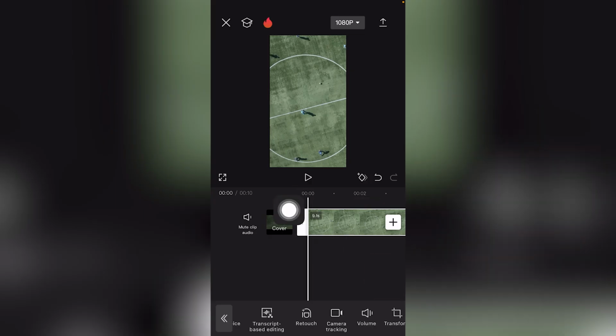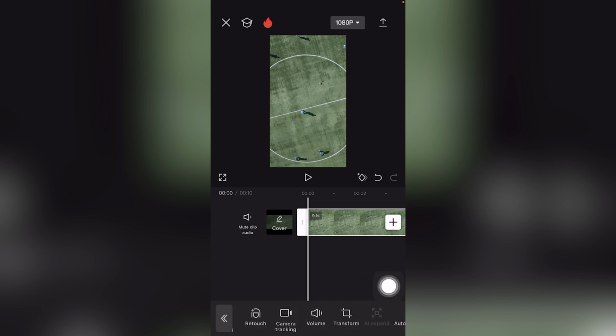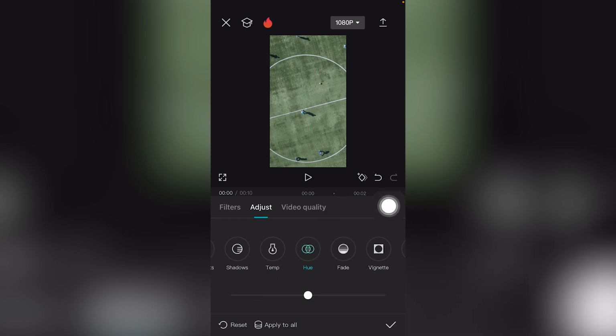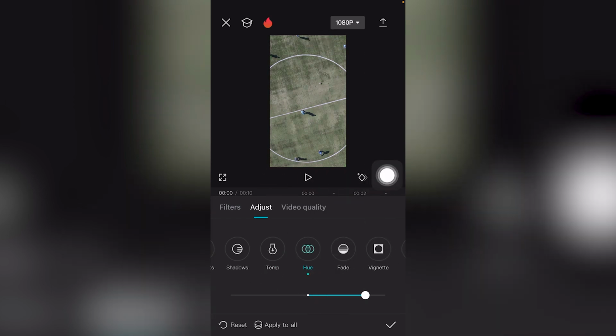Step 1, click on your video clips or footage, make sure it's selected and highlighted. Go down and scroll to the right until you see the option Adjust next to Video Quality and Auto Reframe. Now you want to scroll all the way to the right until you see the option which says Hue next to Fade and Temp. And basically, if you drag this slider to the right, notice that your video is changing